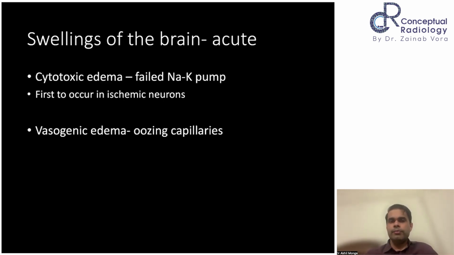The edema that happens in the brain can be of two types. One is the vasogenic edema, which is because of oozing of capillaries. This is there on T2 images, FLAIR images. That is kind of the late